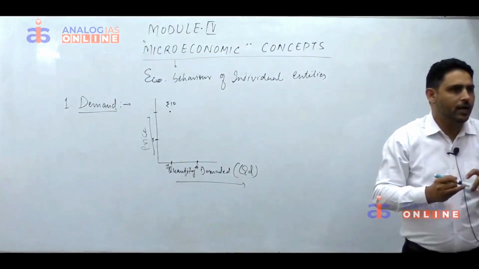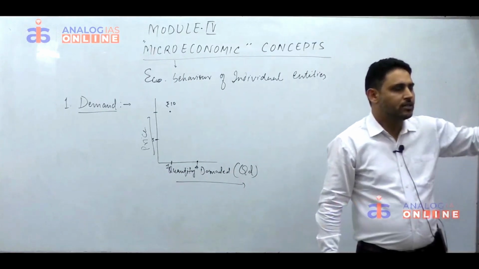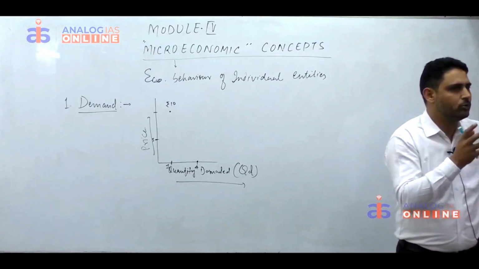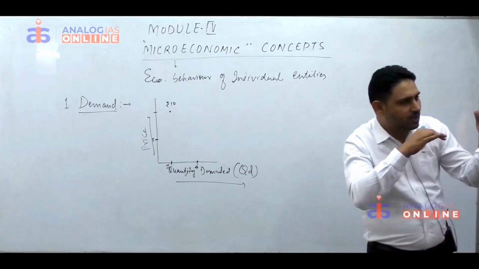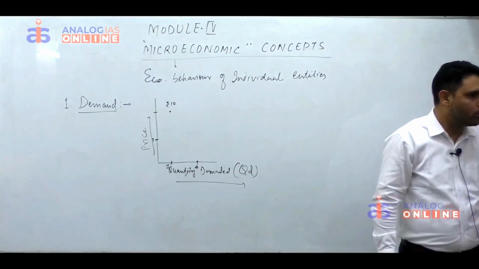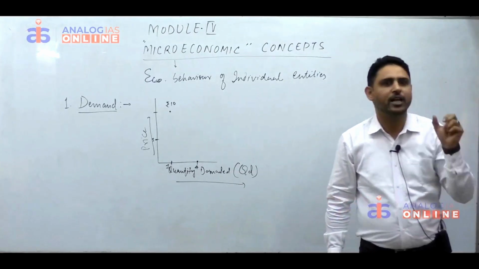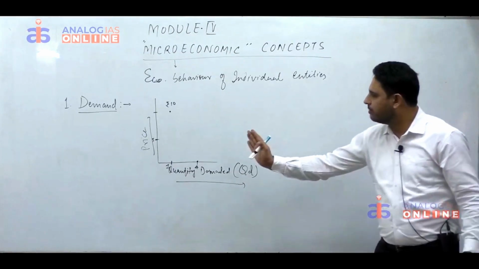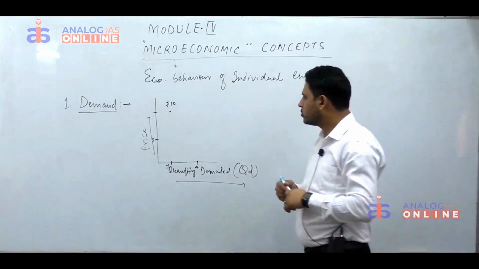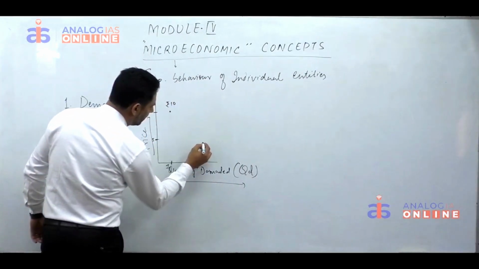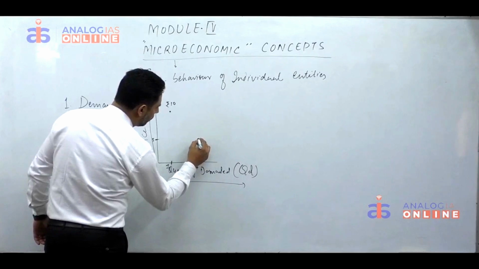I want a car, another individual also wants a car, some other people also want a car, but some of them have the money, some of them don't. But once the price of the car comes down, the others will also be in a position to afford that car. So they will also purchase it. Clear that? It means demand will go high. So basically when the price was reduced to 5, the quantity demanded of the commodity came to 4.